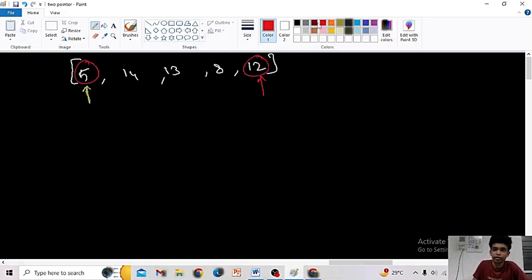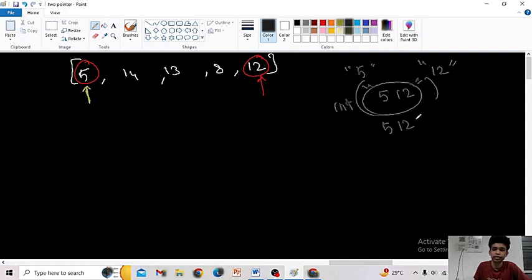Now I convert these two into strings. Then we know we can concatenate strings. Now the answer will be like this. I just change this into an integer so that it is in integer format. Now just add it to the result and store it in the result. Fine. Now my pointers move